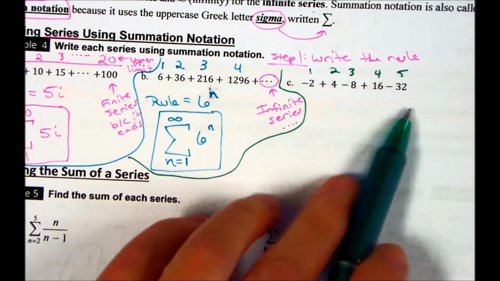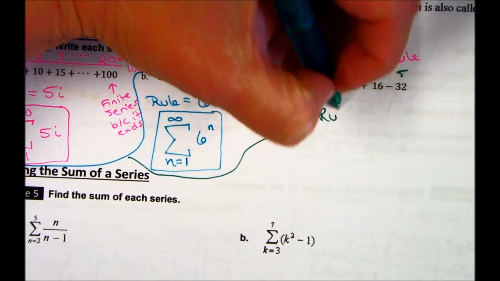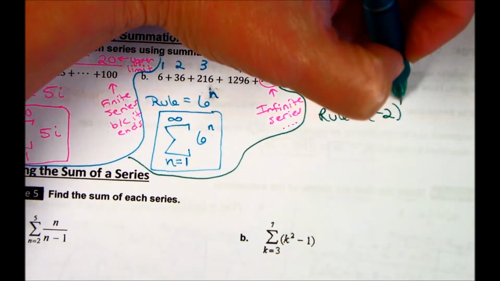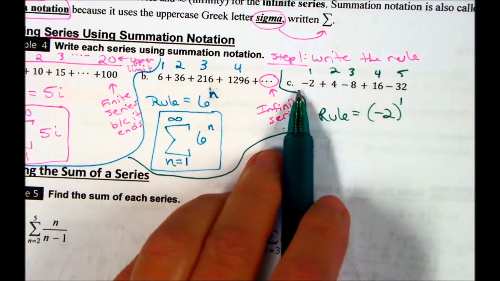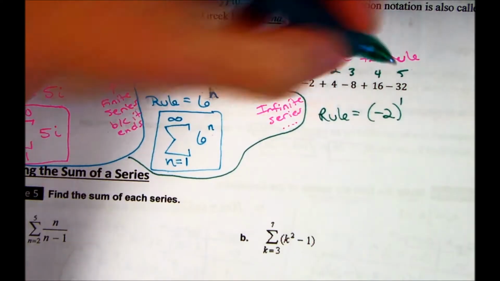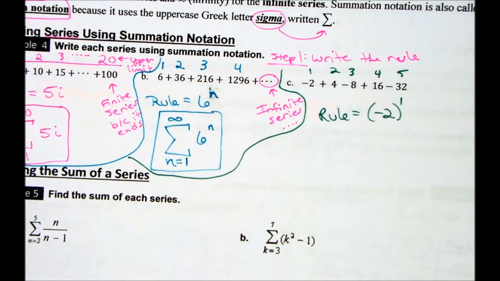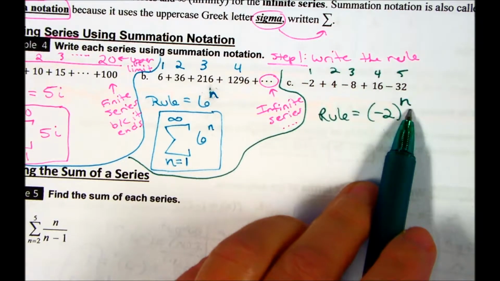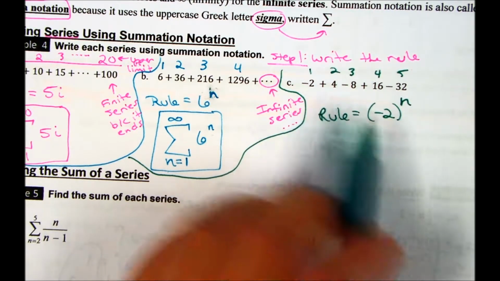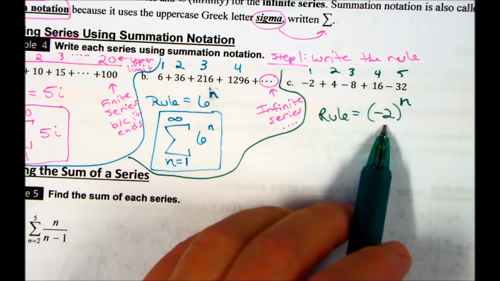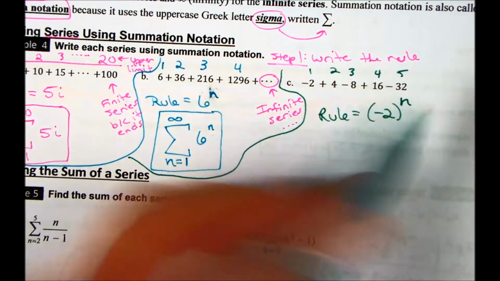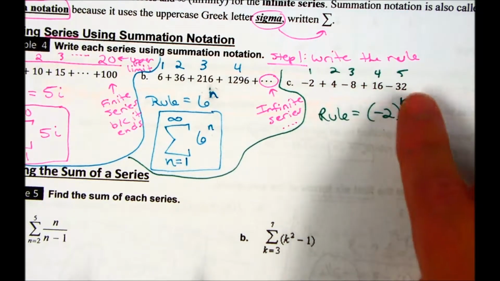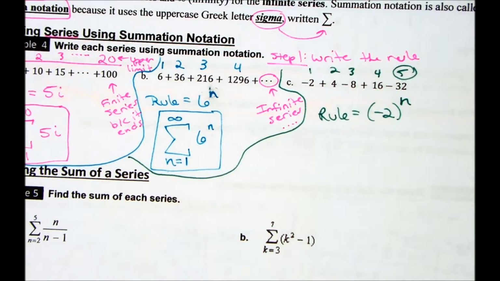But because it's alternating signs, your rule is going to have a negative number inside. So the -2 to the first power would give us the -2. -2 squared. Okay, so instead of n = 1 here, I can't put 1. I got to put my variable there. So -2 to the nth power. So -2 to the first is -2. -2 to the second, +4. -2 to the third, -8, and so on. So that's my rule. All right, so my upper limit now, that's another piece of information we need because it's finite